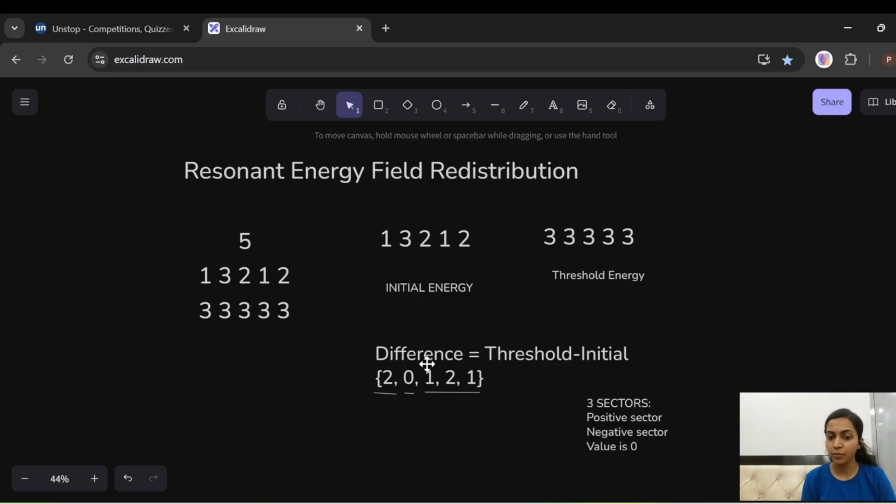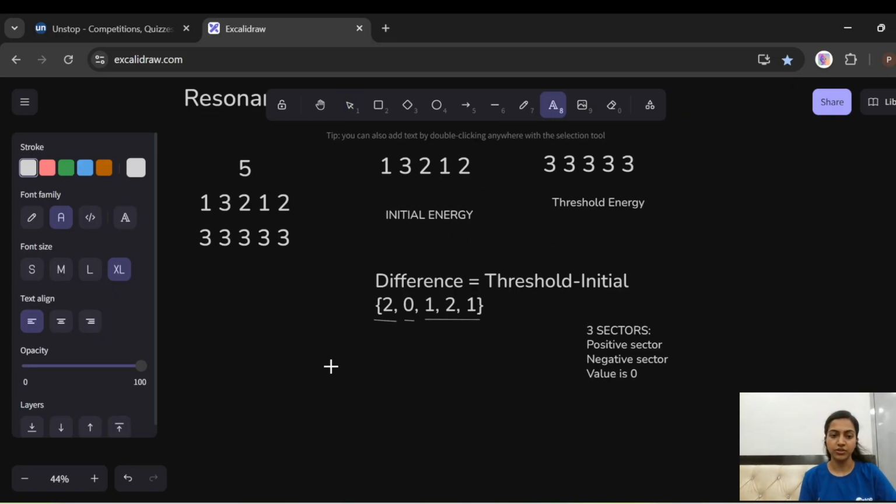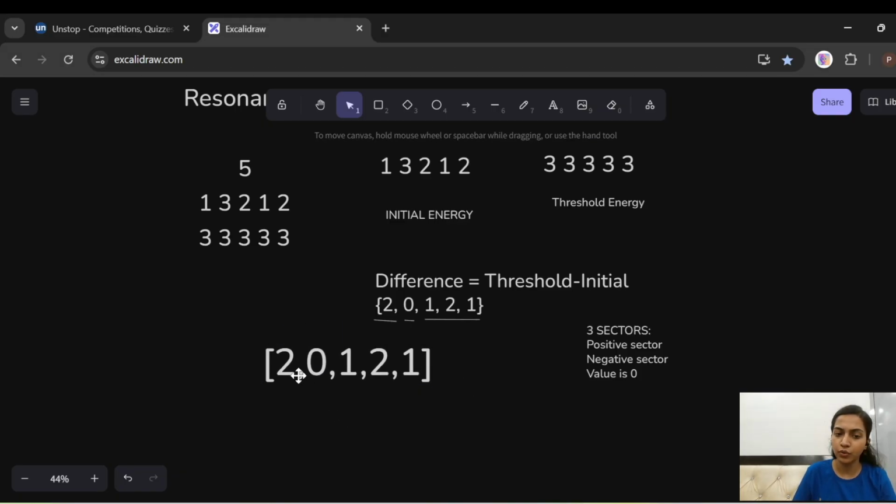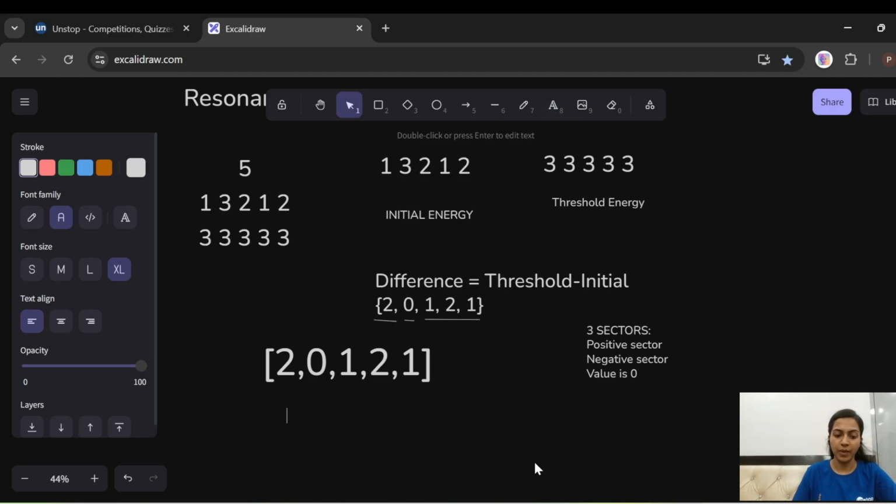When we start from 2 initially, I'll just reconstruct my array: 2, 0, 1, 2 and 1. If I start from here, at first I have no option and my minimum value is going to be 2, and I have to use 2 in order to reduce this value. So my count will add 2 to it and now the array is going to become 0, 0, 1, 2 and 1.